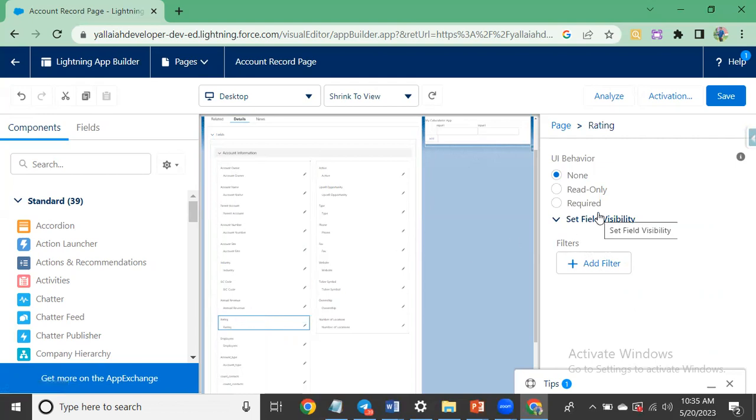After clicking on the rating field, we now want to control it. That's why we click on the rating, and then you will see these options. The page and rating, so we are on the correct path. UI behavior, select none. We have different types of fields in this, and by upgrading to dynamic forms,